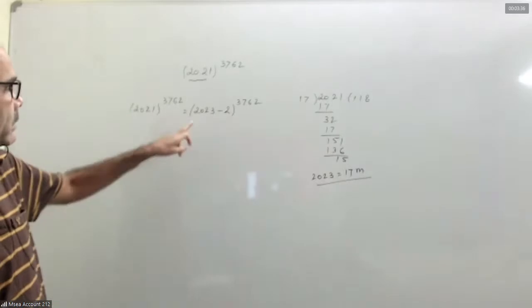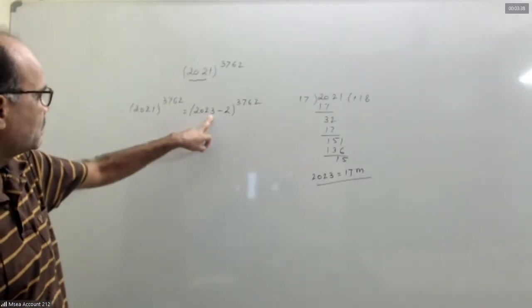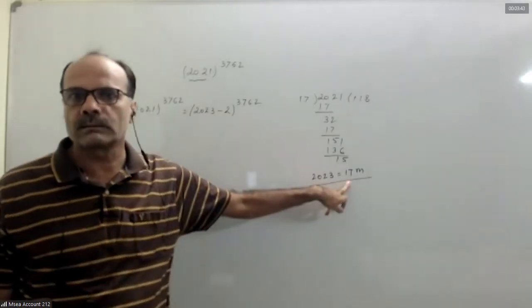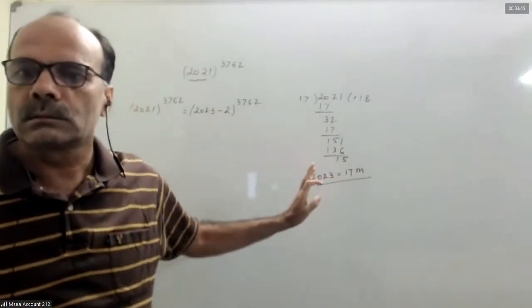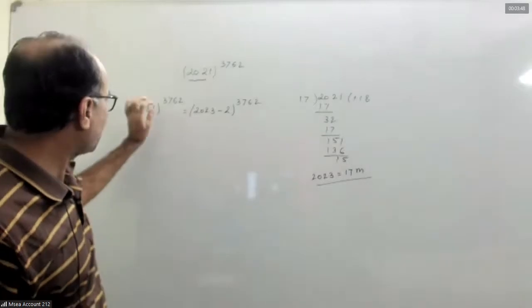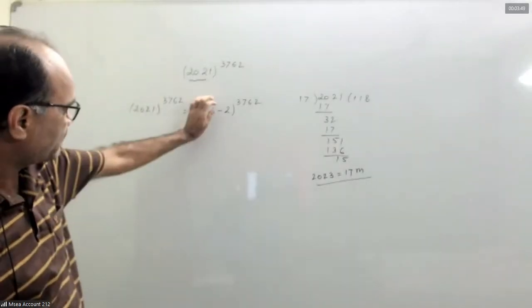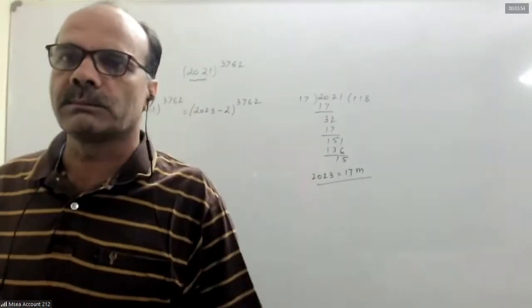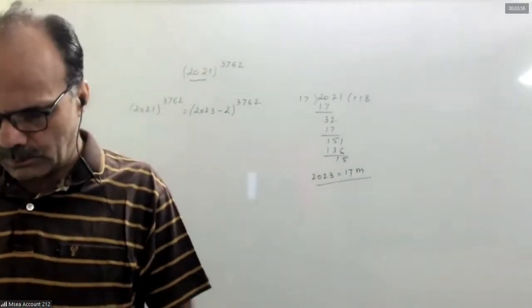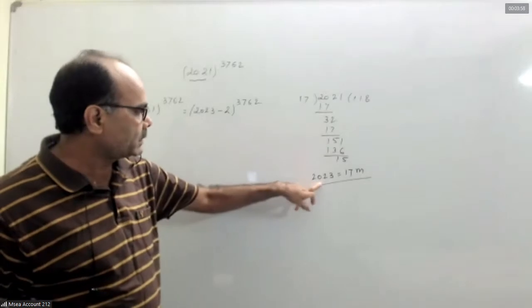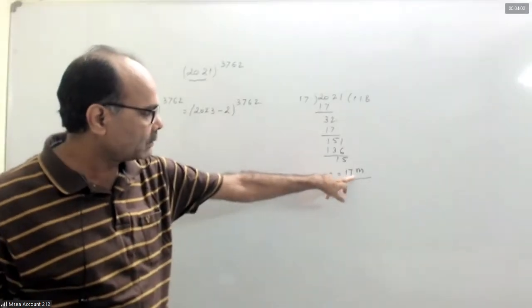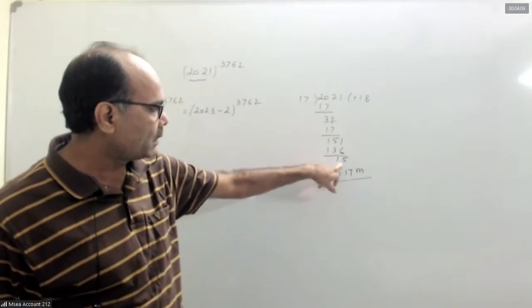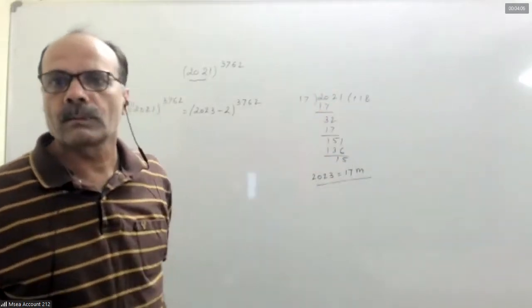Is it correct? Okay, because 2023 is divisible by 17. As yesterday we have discussed, we write this number: the first number should be a multiple of 17, the second number some simple number. So 2023 is divisible by 17. If you divide it by 17, the quotient is 15. If you add 2, it will be divisible.